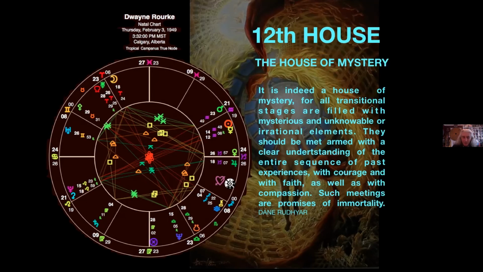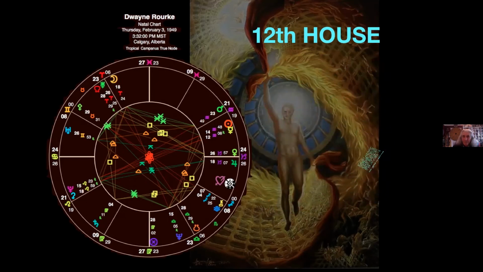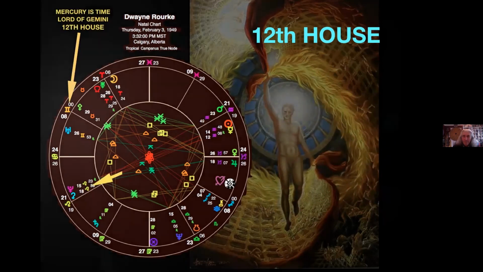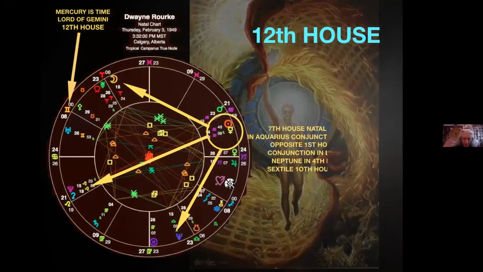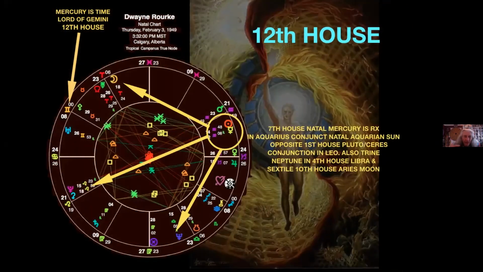The 12th house, it's deep. So looking to my own chart, as I'm understanding, I'm learning this technique as I'm going. As I understand it, Mercury is what they call the time lord of my 12th house. So that then implicates